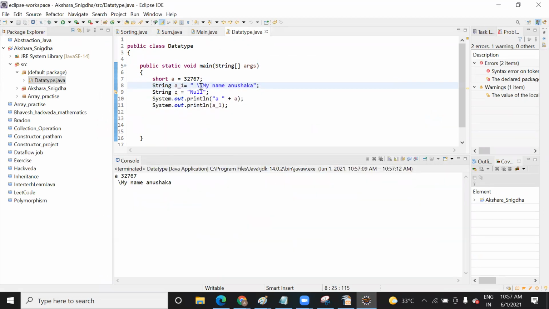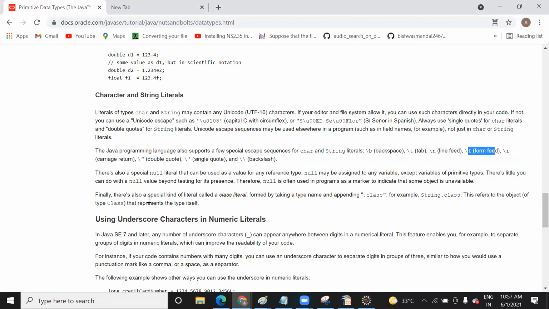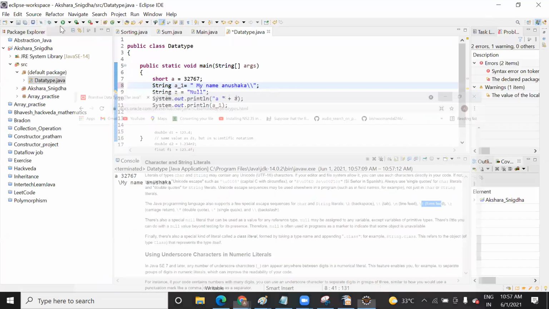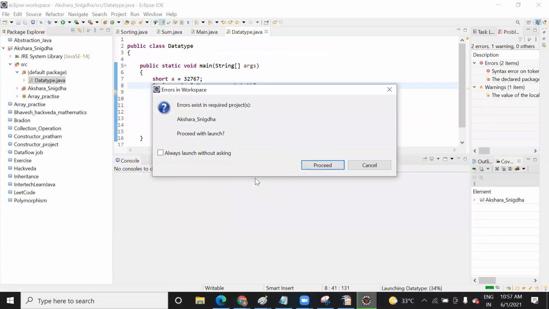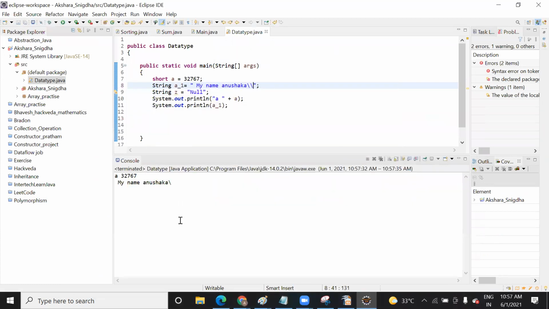Okay, one minute. Suppose you want to print a backslash in your program.